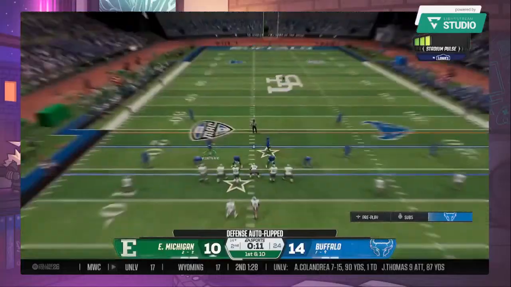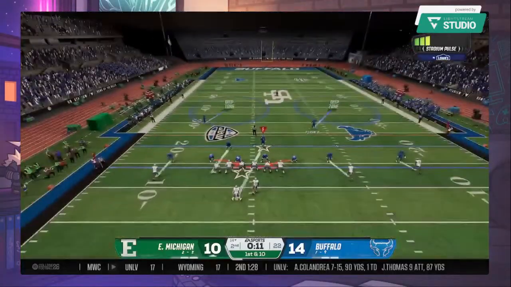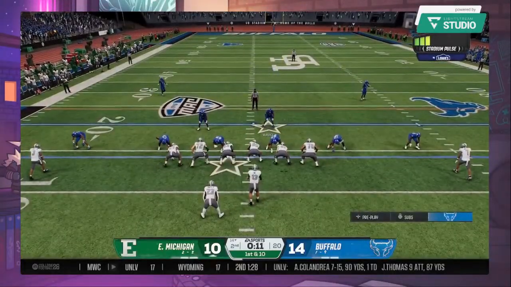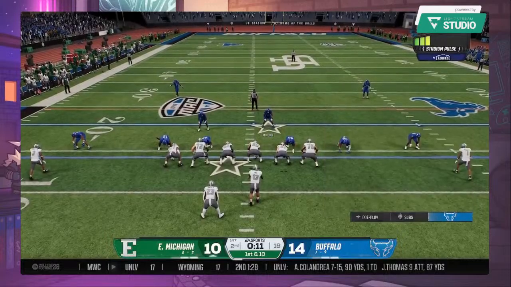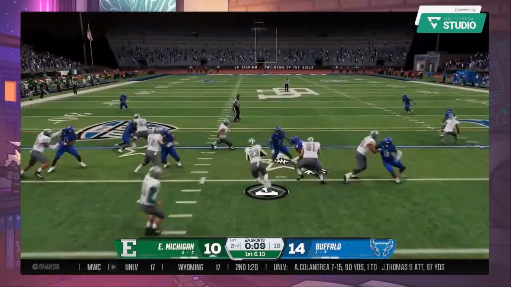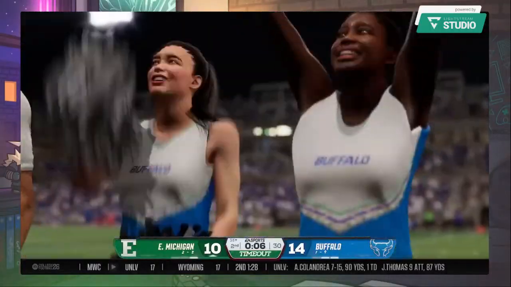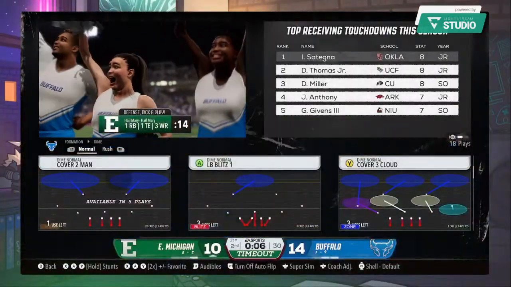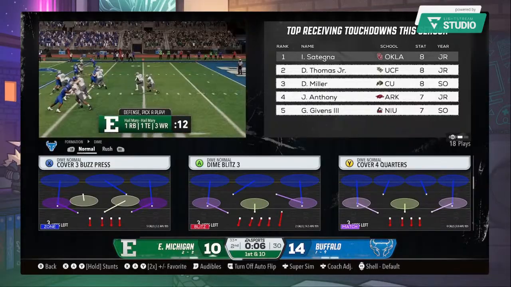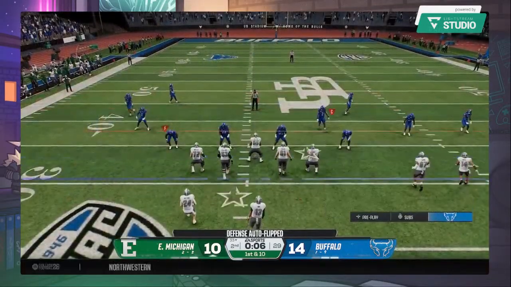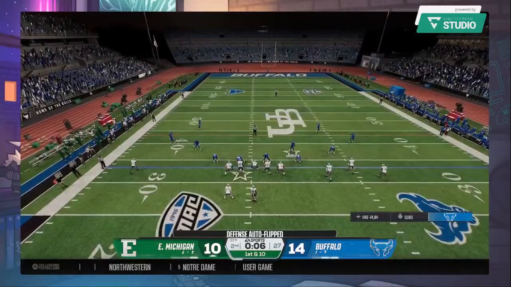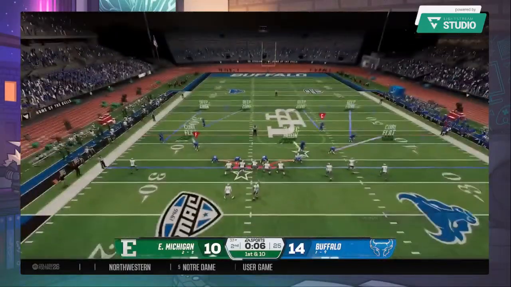Inside 30 seconds to play in the half. We'll see how aggressive they are on this drive. Here's the handoff. Got a little space. They stay aggressive and push their way out to the 33, and it's first down. They'll use a timeout right before halftime. Maybe time for one or two more plays.